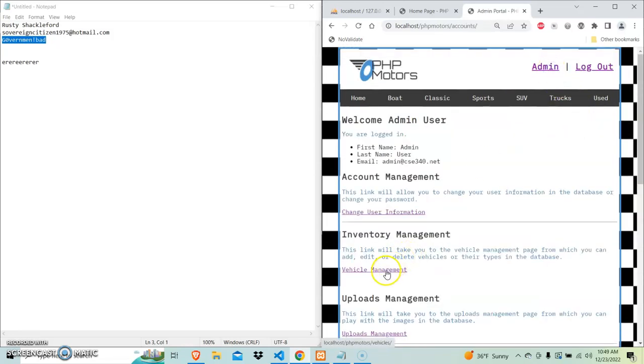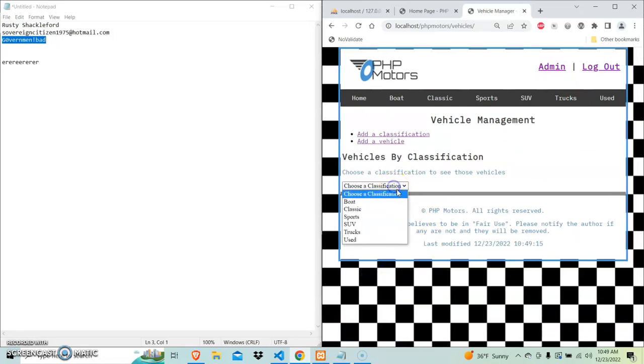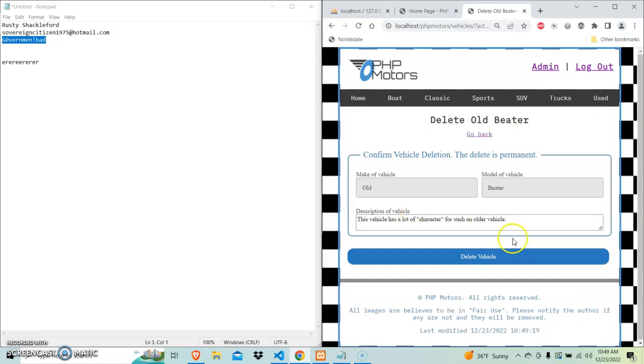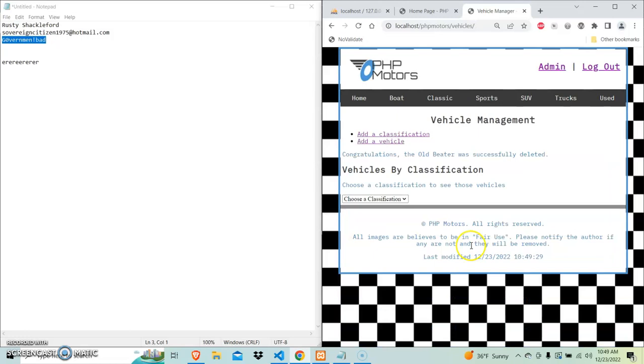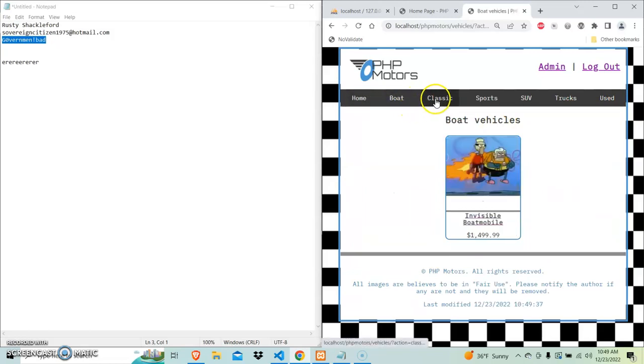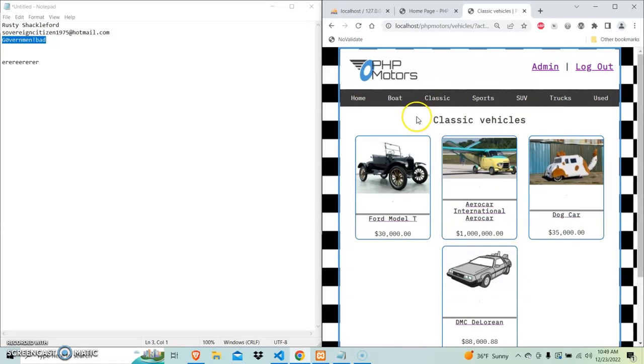But we can also go into the inventory and say, okay, Krusty, you want your car back? Then we'll take it out. And this view won't let me edit anything. It'll just show me what's going on and let me delete it should I so choose. So boom, the old beater's been deleted. Hopefully Krusty is a customer again. We prefer to buy than to sell, but we'll do whatever we need. So that is, I believe, more or less everything I want to show with the